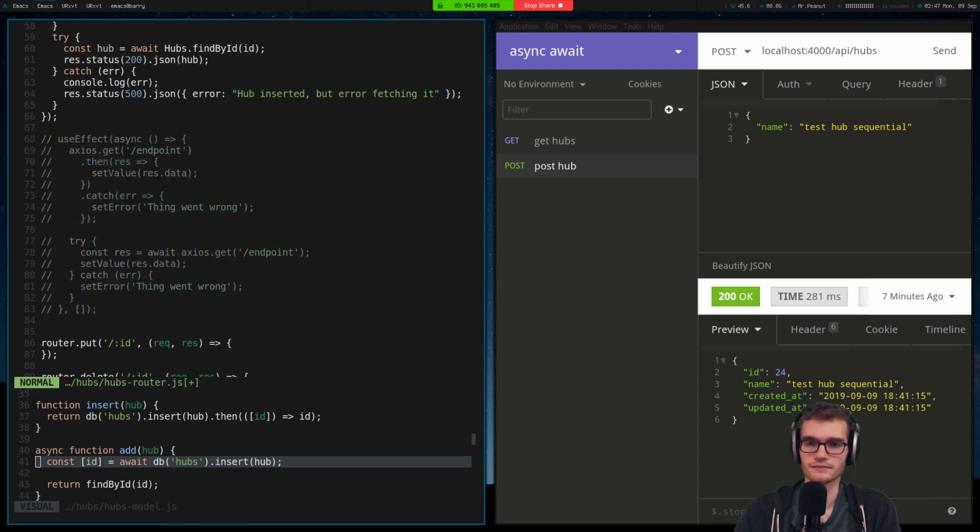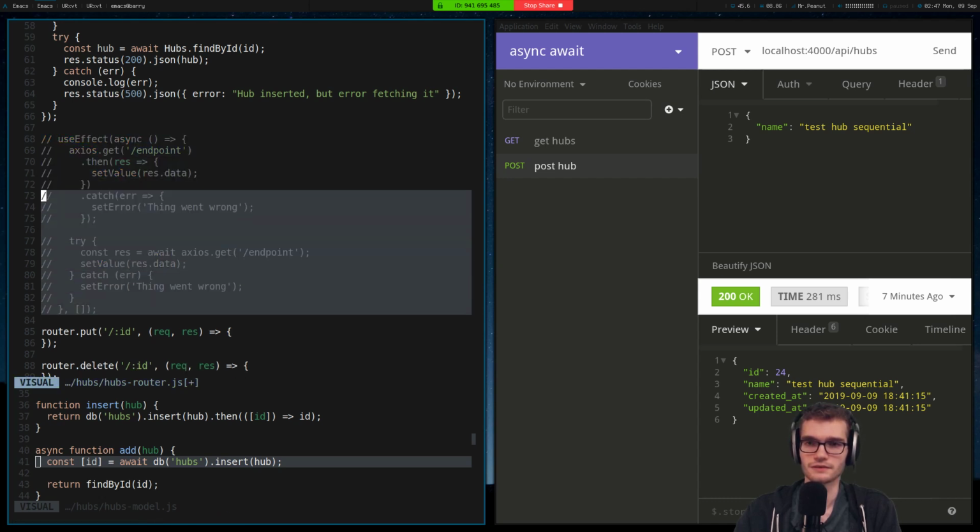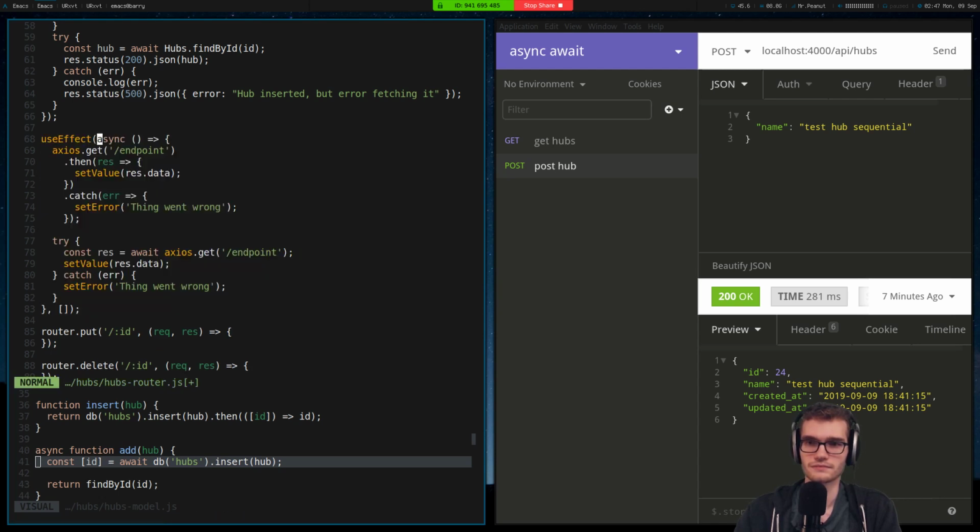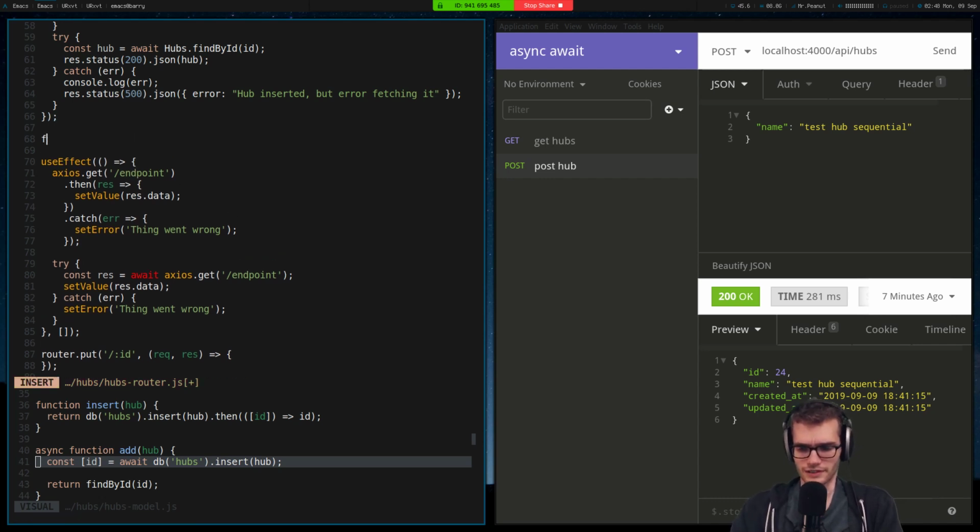I don't know if it's true or not, but I heard that async inside the useEffect, some people are stopping to use that. I was just thinking about that. That might actually yell at you because I think the only thing you're allowed to return from the useEffect callback is either undefined or a function. So you just have to wrap it in another function, I think. Yeah, you could wrap this in an IIFE, or you would more than likely